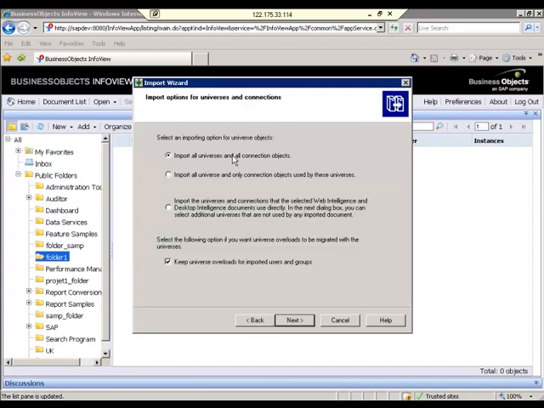If you select import all universes and all connection objects, for example, you are moving 10 WebI reports, but in the dev server you have 5 universes. But fortunate or unfortunate, these 10 reports are taking data from universe 1 and universe 2. You are not using universe 3, universe 4, universe 5. That time, you just need to migrate only universe 1 and universe 2, but not all universes.